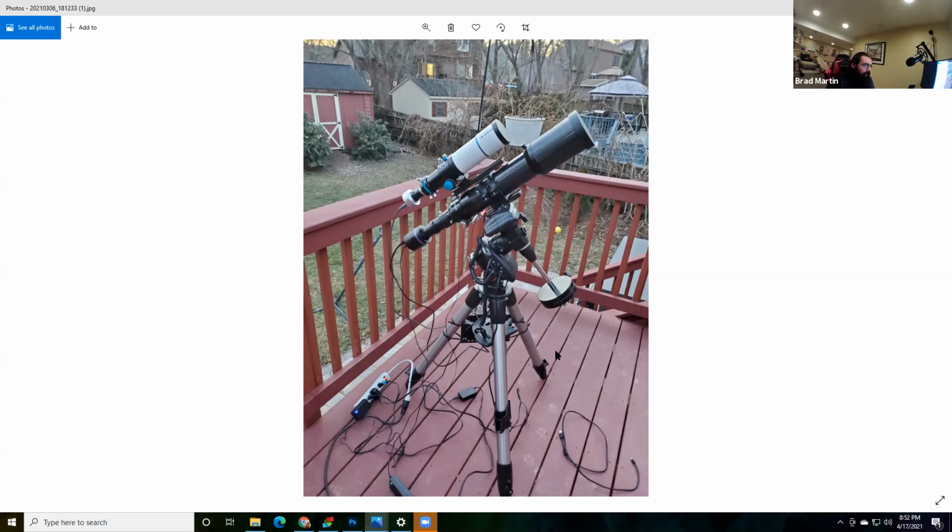I've got a mini PC hooked up to it. It's a mini PC that's designed for industrial applications, so it has a ton of USB ports. It has serial ports, which is unusual in a modern computer that runs Windows 10. And it is completely fanless, so it doesn't introduce any sort of vibrations into the system at all.